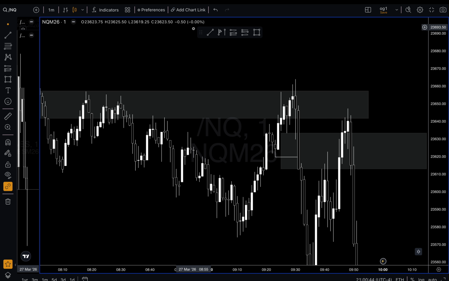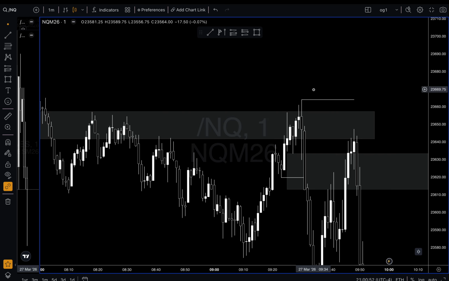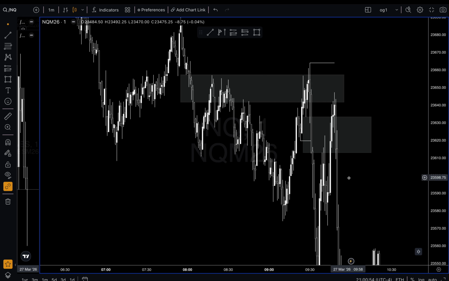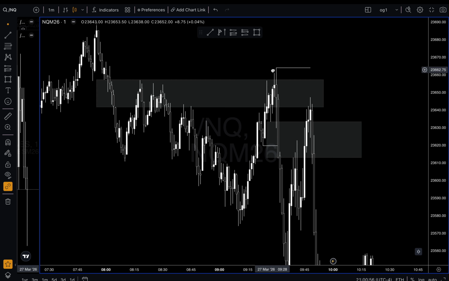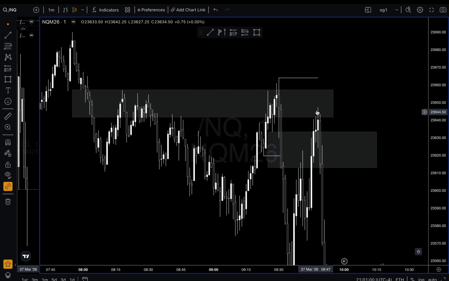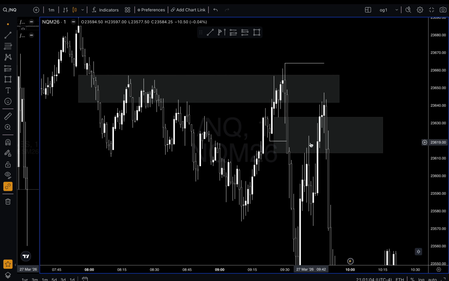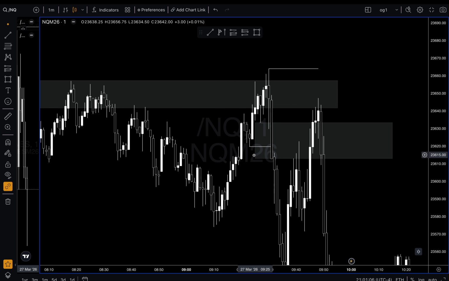If anything, I'm going to mark this candle like this, so we know that's the 930 open. We made a 930 high. Surprisingly, we didn't resweep that level. I wanted this to come up and resweep this level, but we never got that. So I never got the entry here because this was invalid.